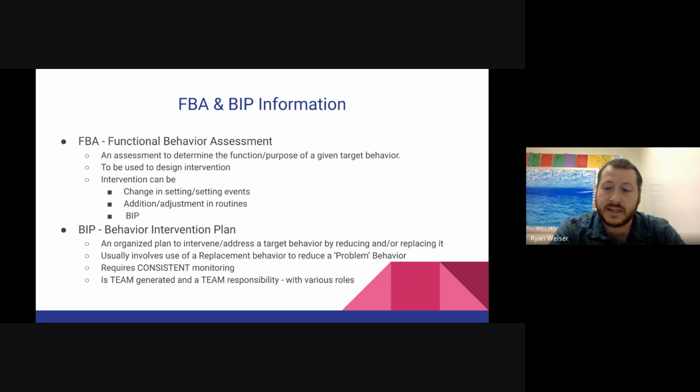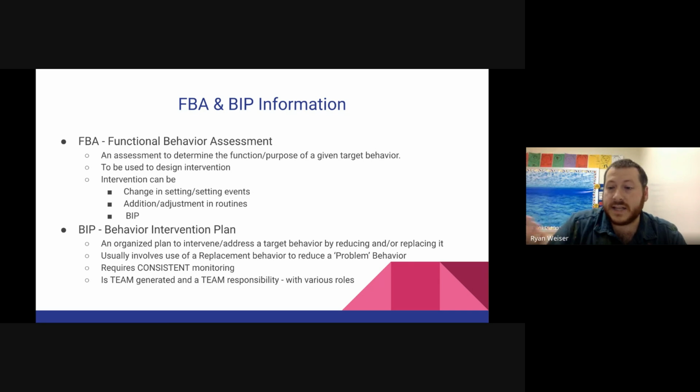Now, a setting event can be confusing sometimes. We've seen a lot of times where people will say, okay, right before we ask them to do work, is that the setting event? No. A setting event is something that sets someone up for either success or failure. So if you haven't slept enough that night, if you are hungry, if you're not feeling very well, these are all setting events, something that sets you up for the rest of your day.